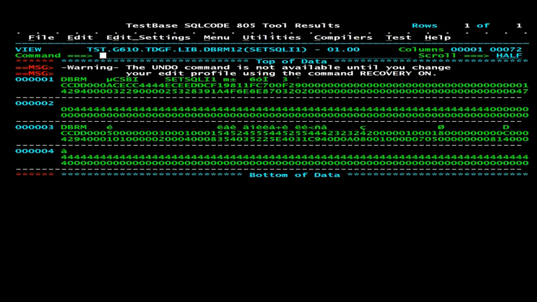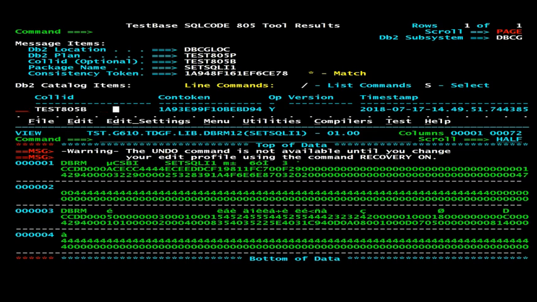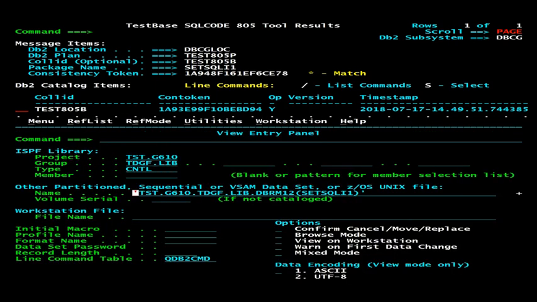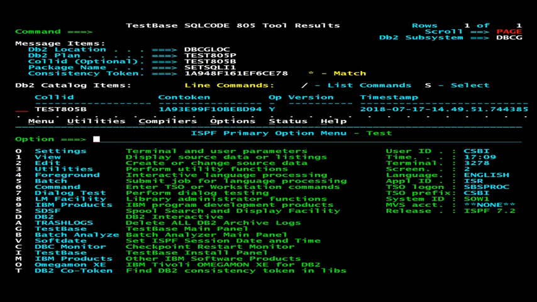I have hex on, and I'm going to resplit the screen. 1A 94 8F 161 E F6 CE 78. So this is the most current DBRM, and it matches the actual